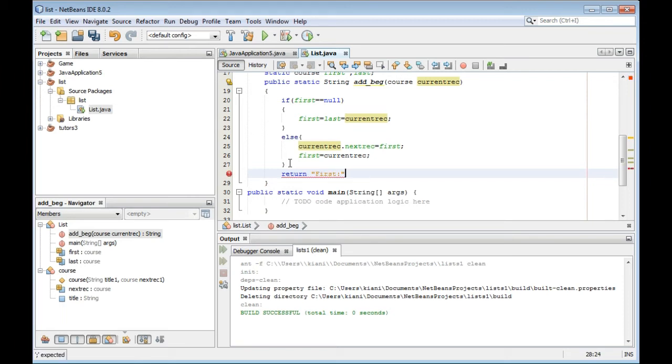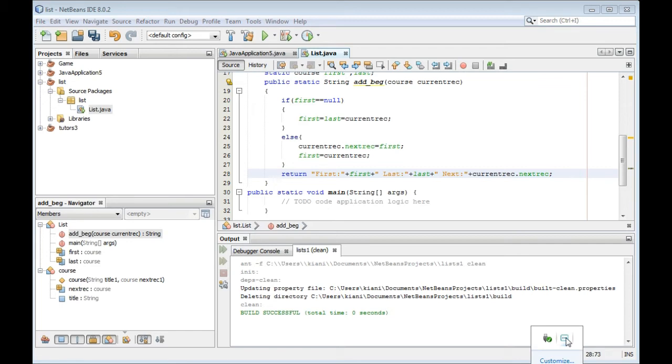And if it is the second record, then we should have the address of first in the next. Current record dot next. Next is what? Next is defined in the Course class.